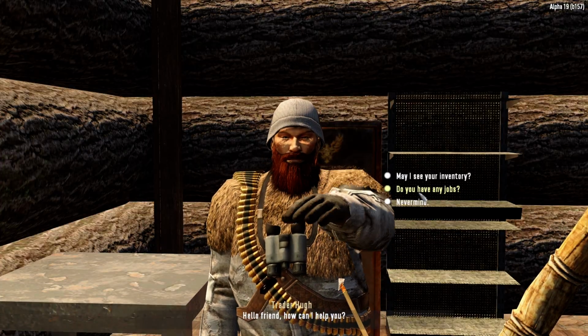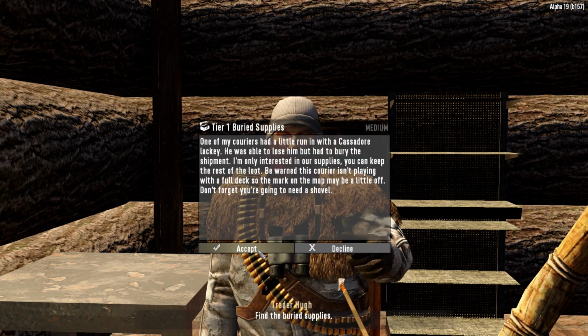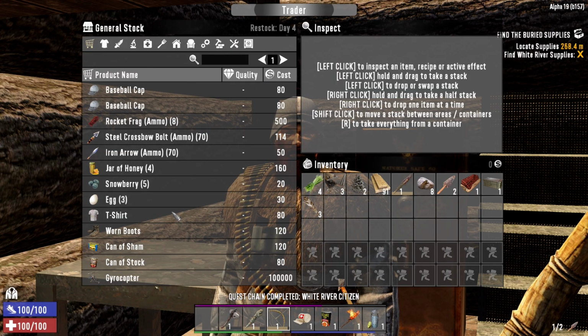Speak quickly. Alright, so let's get a job from him. Where's the closest one? Okay, buried supplies. We'll do this one. Get busy. We're burning daylight. And let's real quickly just check what he's got, see if there's anything that's worth...